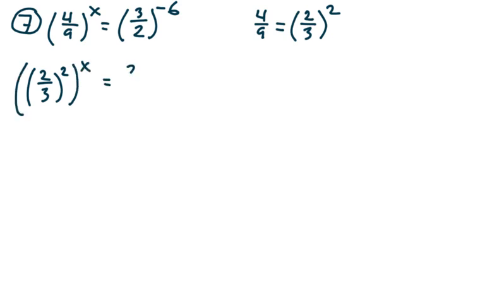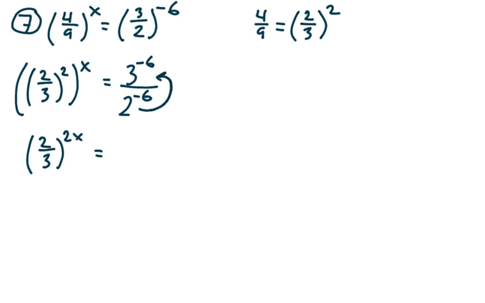Now, on the other side, we get 3^-6 divided by 2^-6. So now, I'm going to take (2/3)^2x. That's on the left side. I'm going to move this denominator up, but when you do that, you have to change the sign of the exponent. And I'm going to take this numerator and move it down. Same thing, I have to change the sign. So, in other words, this is going to be 2^6 divided by 3^6, which says 2/3